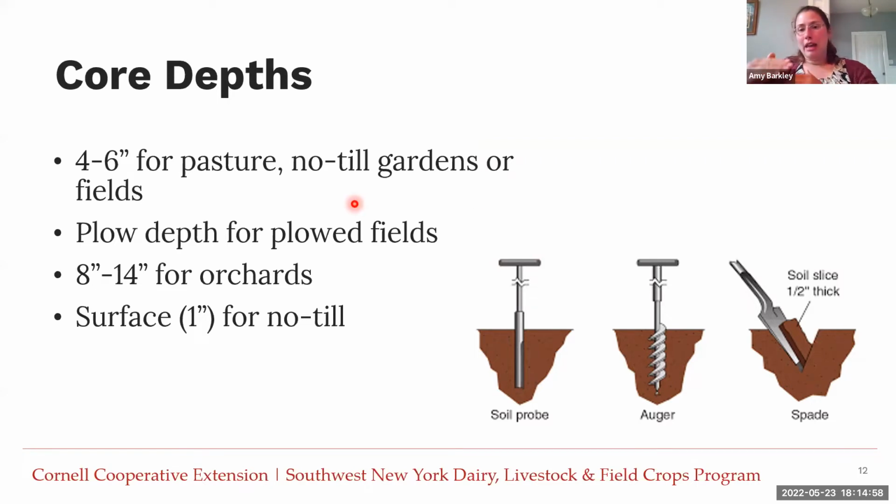When we sample into the soil, we need to sample at the depth that the roots of the plants that we're looking at go. So generally speaking, for pasture, that's around 4 to 6 inches. And we also consider that depth for no-till gardens or fields, except for surface sampling in no-till gardens, which is 1 inch. So with no-till situations, we'll sample the first inch, and then we'll sample down a 4 to 6